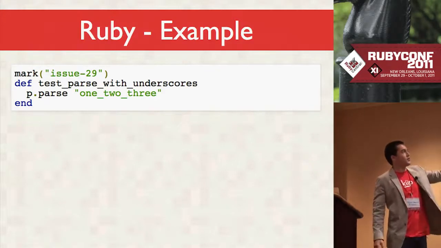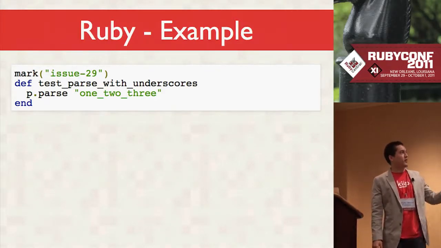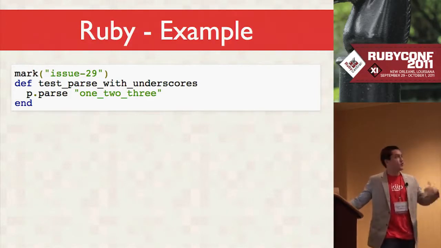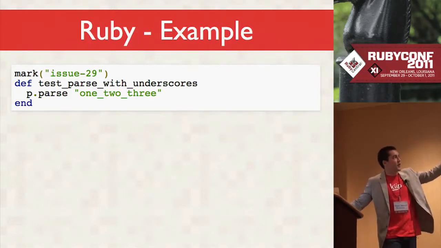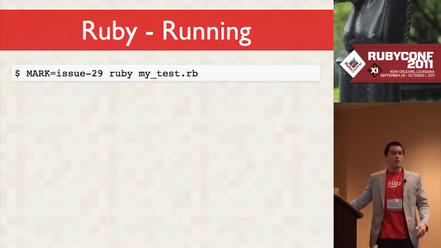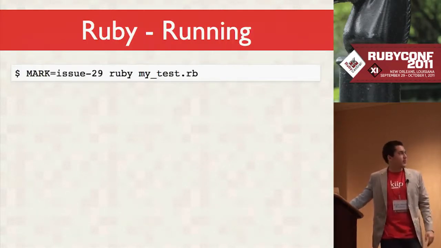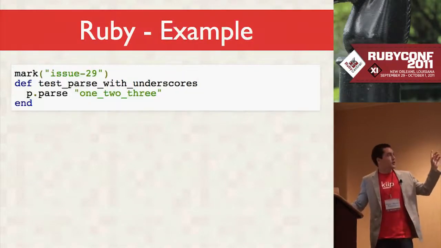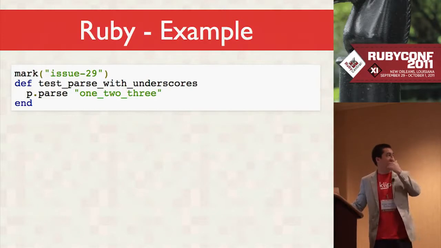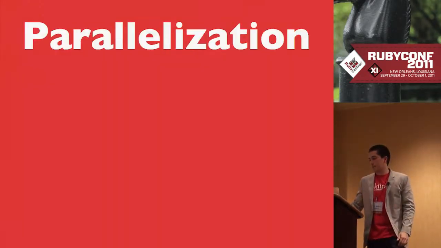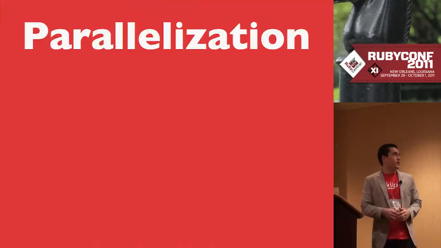So there's a Python example turned into Ruby. And it does some kind of unholy things to Ruby to make this even work. So you just mark things, and you can have multiple marks, and you have the test. And then when you run it, you just specify it in an environment variable, and it runs that test. For people who want to know, this uses method added hooks to do this. It's brittle, but it works. And that's it for marks.